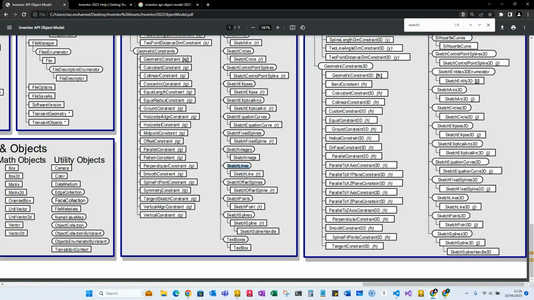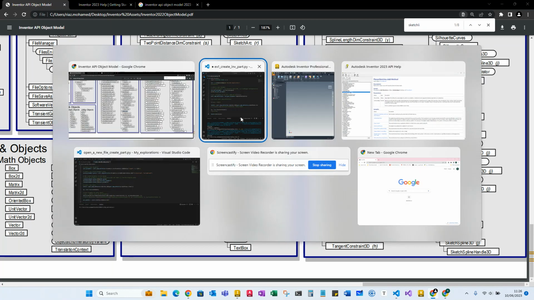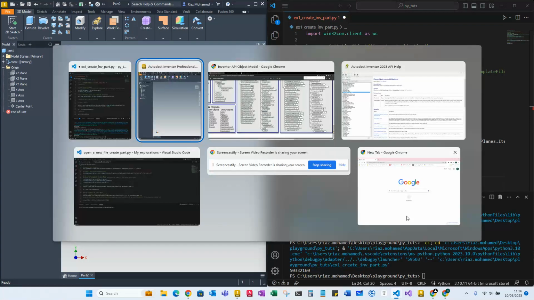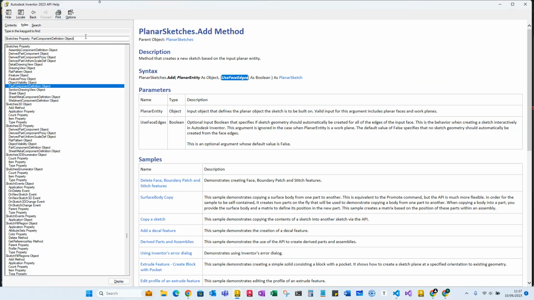Sketch lines, right? So you have sketch lines, which is a collection. And let's go back to the also sketch lines dot. So this is a method. If you want to find out what method is available, again, either you can do print or you can go back to the API and type in